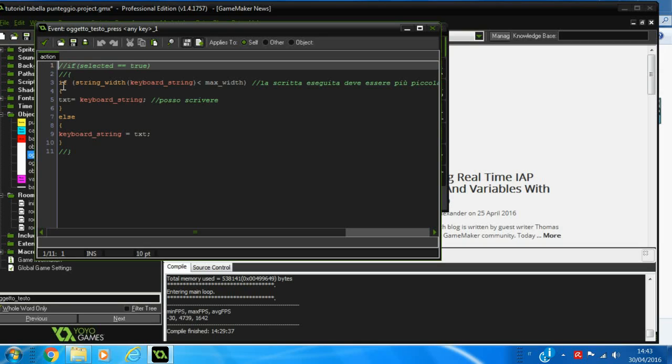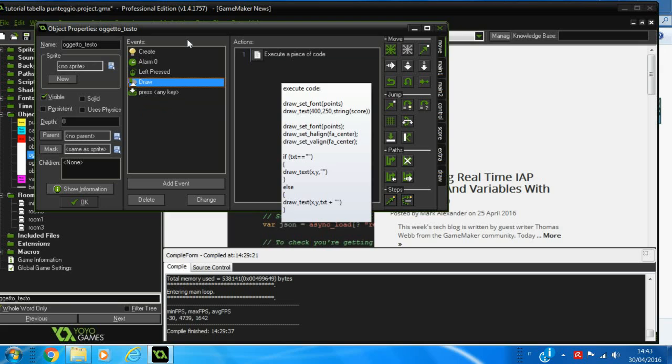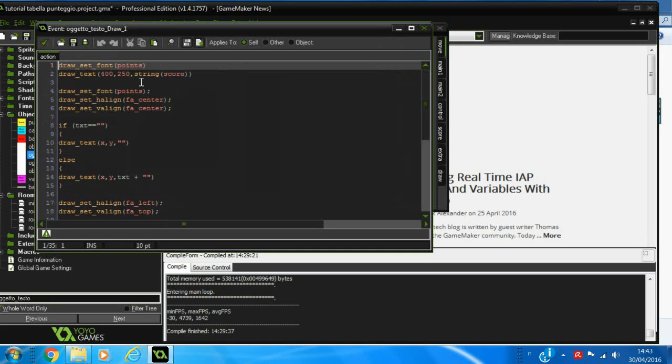You copy it, and you have no problem. Okay. And now you have the draw. Okay, draw is very simple. Just you need to copy it. Okay, our code begins for the